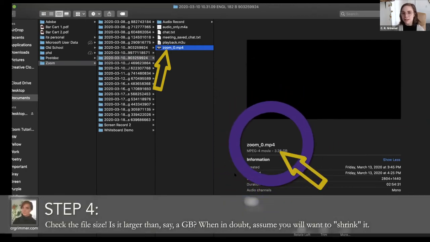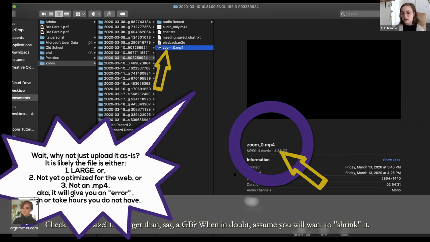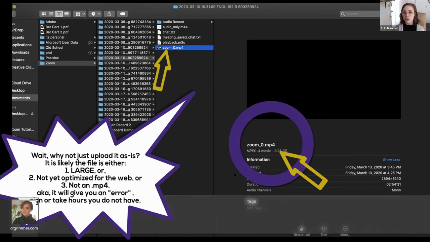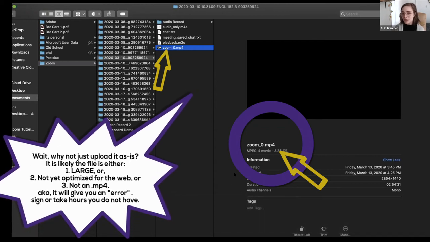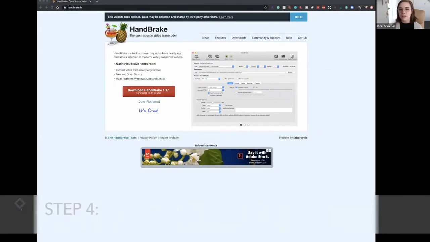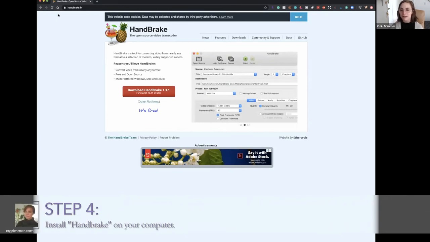If you don't know what gigabytes are, that's totally fine. What you do need to know is that's kind of large if you don't want it to upload quickly on a slow internet connection. So let me show you my free quick technique for making your files small enough to either upload to YouTube if you're sticking to that platform, or to Vimeo, or to Canvas, or Moodle, or Blackboard, or wherever you need to send them, including over email. All right, here we are. We're over in the application that I like to use.